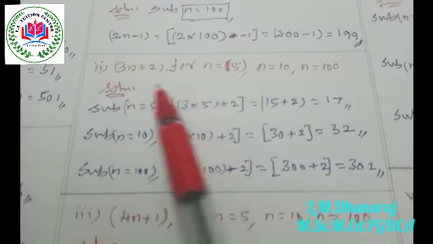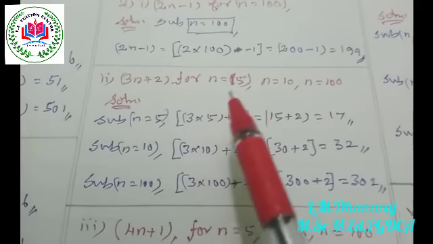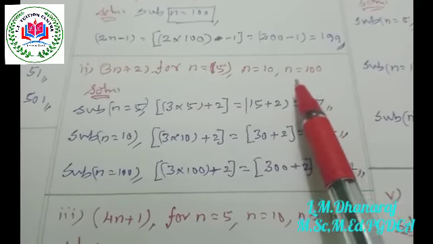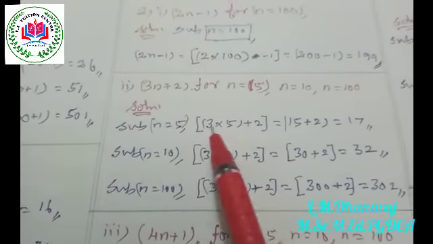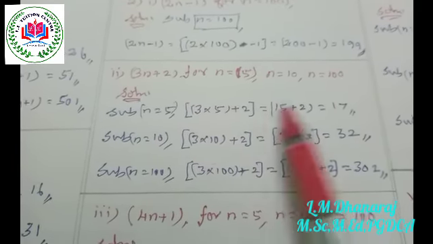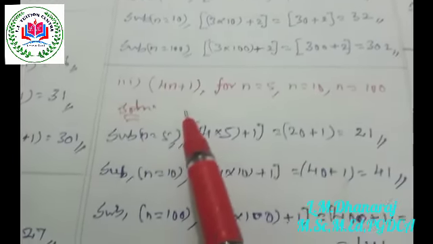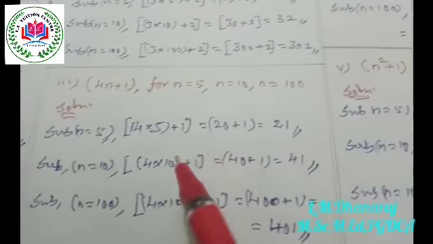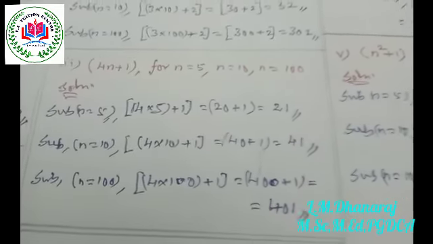Similarly, for the second subdivision, the given formula is 3n plus 2. Here the indicated terms are n is equal to 5, n is equal to 10 and n is equal to 100. It is just like the first Roman letter what we have done. The same thing has to be replaced. So n is equal to 5, that is 3 into 5 plus 2, that is 3 5s are 15 plus 2 is 17. So the same thing has to be followed for the third subdivision. Okay. So the results are 21, 41 and 401.